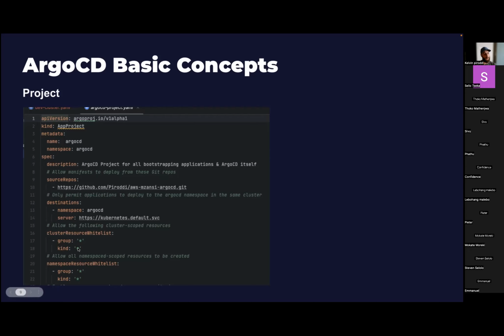You can also whitelist what they are allowed to deploy. By saying star, you're saying you can deploy any type of Kubernetes manifest, but you can limit them, saying you can only deploy a deployment, or only a stateful set or a pod or a config map or a secret. You can fully decide, and you can decide if it's cluster-wide or namespace-scoped. Normally the admins of ArgoCD are the ones that manage the projects, and then developers themselves create applications to deploy their app. And those are the two basics. There are more concepts of ArgoCD, but those are the two basic ones.